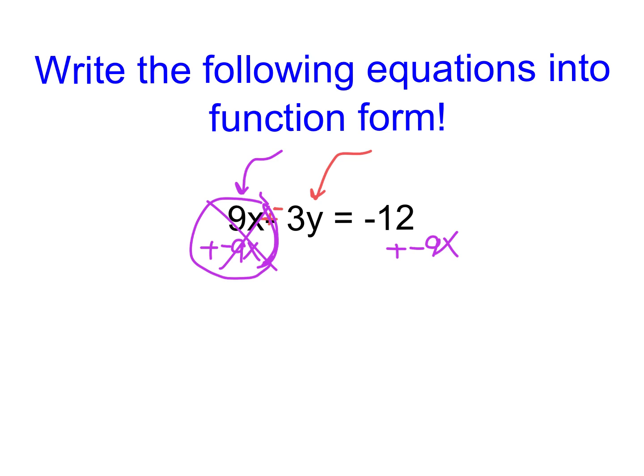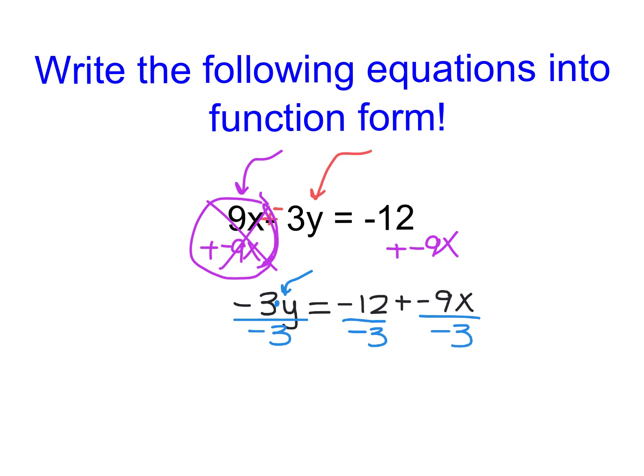So on the left-hand side, I'm left with negative 3y, and on the right-hand side, I'm left with negative 12 plus a negative 9x. And notice those can't be combined because they aren't alike terms. Now from here, I need to get the y completely by itself, which means I need to undo this multiplication of negative 3 taking place. So I'm going to divide every single term